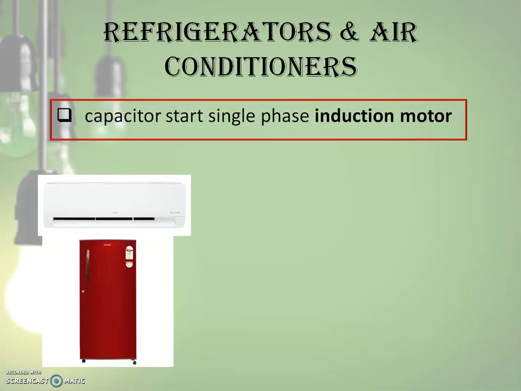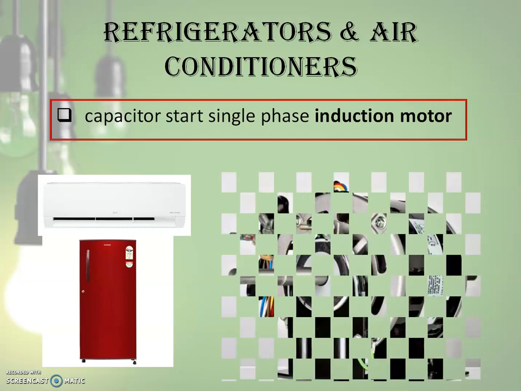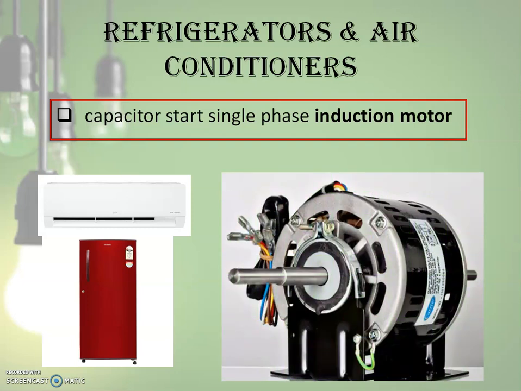And then coming to refrigerators and air conditioners. Another common household appliance, the refrigerator, needs a small motor to operate its compressor. This compresses the refrigerant chemical into a liquid to create the cold temperature that helps preserve fresh food. Air conditioners also work in a similar fashion. And the motor inside the hermetic compressor is a capacitor start single phase induction motor. American refrigerators also have a small motor between the freezer and refrigerator compartment. It is usually a shaded pole motor.